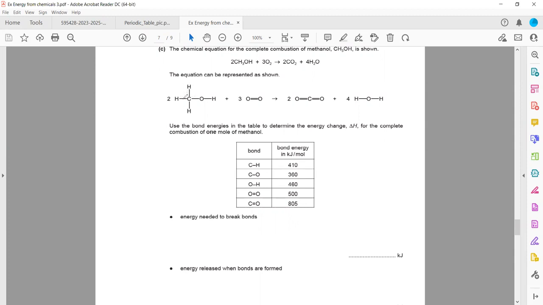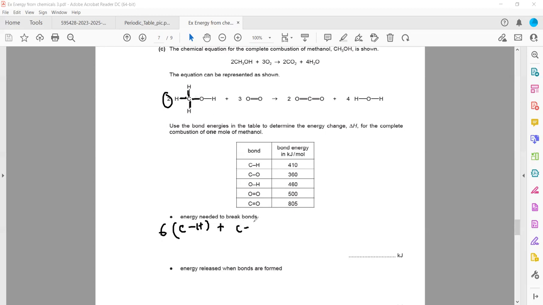So the bond breaking: CH, CH, CH. The bond energy needed to break the CH bonds: 3 are there, but that is multiplied by 2, so the total will be 6, because 2 molecules of methanol are there. One molecule of methanol contains 3 CH bonds, so 2 molecules will contain 6 CH bonds, plus